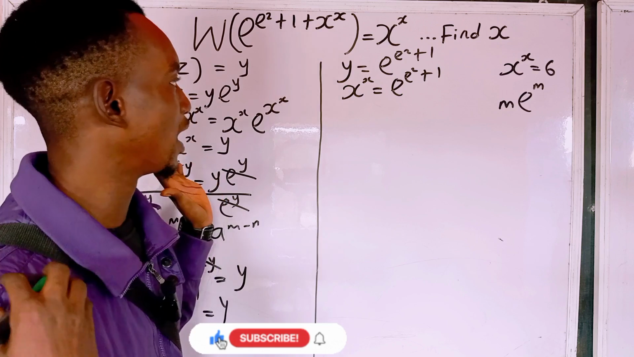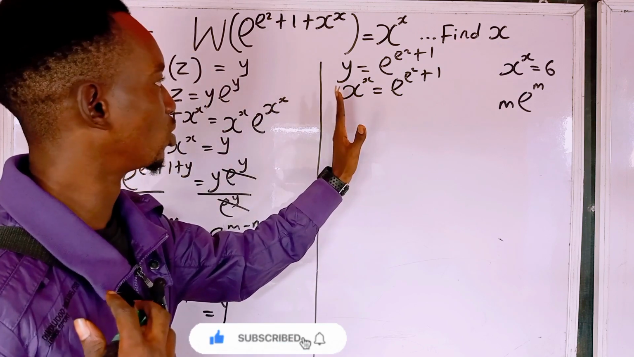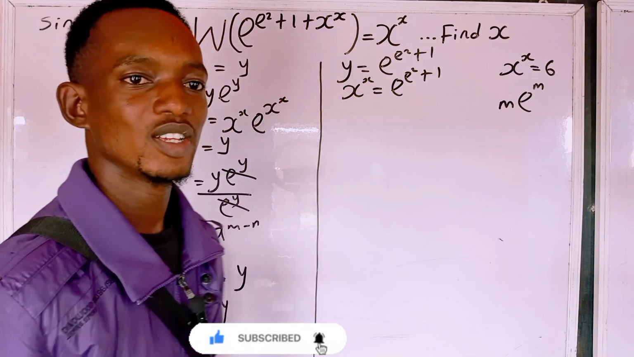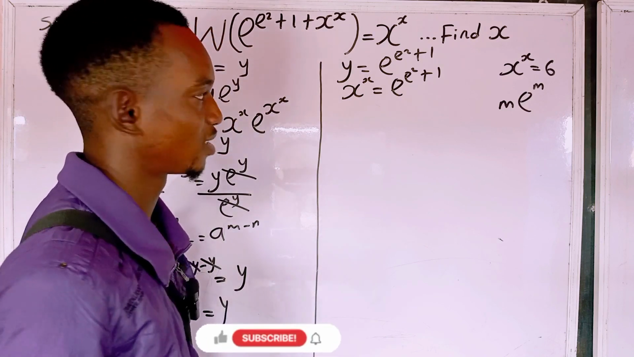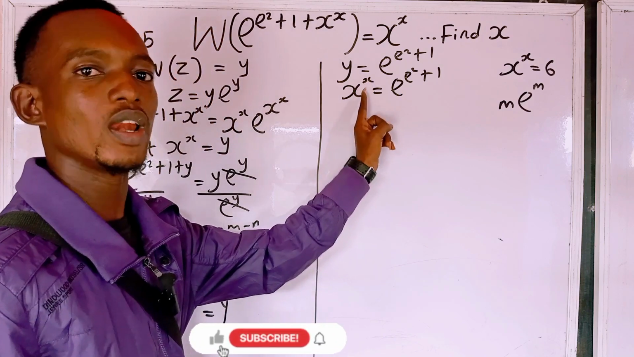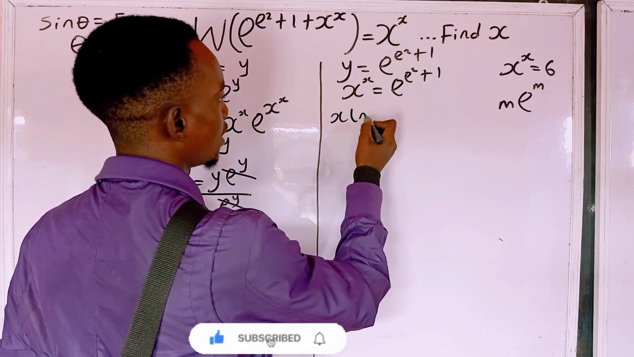Now Lambert has left us. We are left to use our algebraic and our logarithm ideas to convert this to this. So how do we do that? First of all, let us take ln of both sides. We don't like this power, so let's bring it down. When you take ln of both sides, you have x ln x